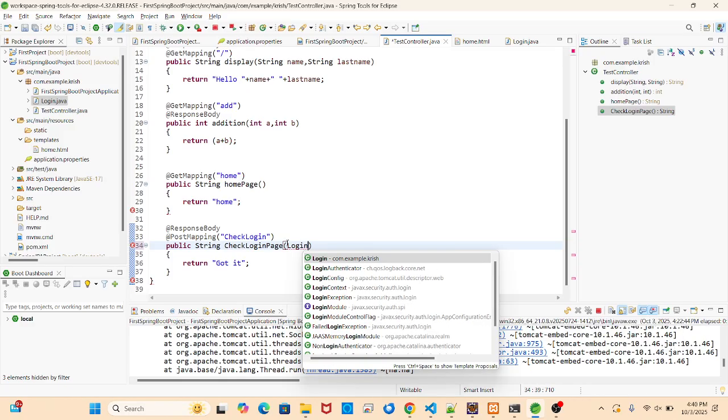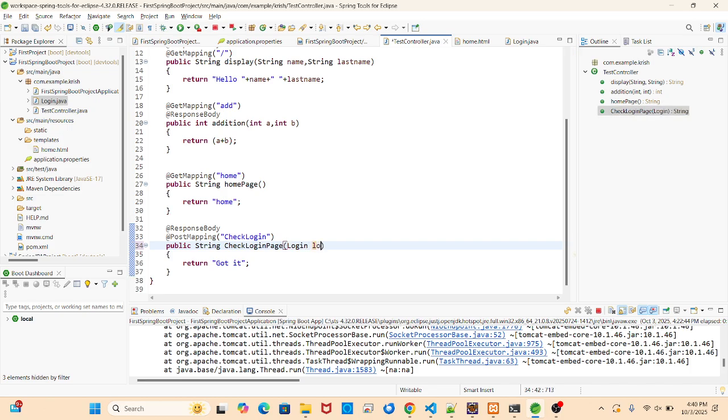This is one of my models, Login. And my object name is log. But can I directly check the properties from this log, whatever fields I am entering inside the form? My form and model are not linked now. There is no reference anywhere. The model is separate, working individually, and my form is working individually somewhere. So how to link it?